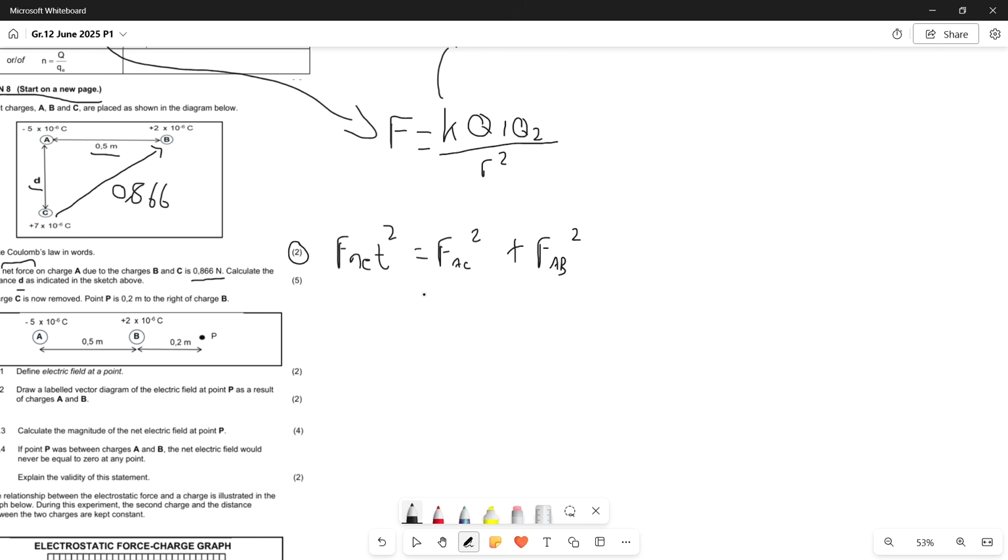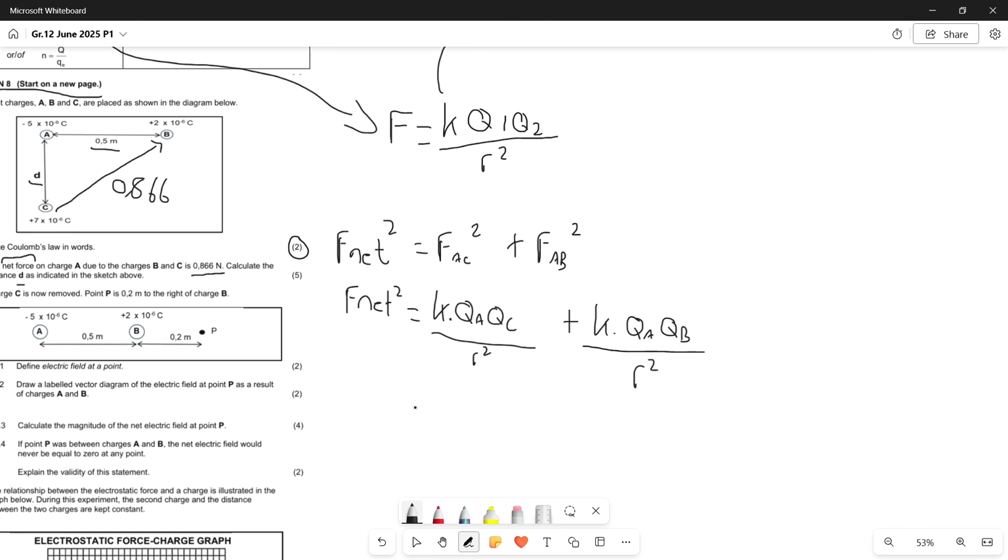We just need to write this formula in full because we get 1 mark for that. So we still have our F net squared, and then what we need to do is plug in these symbols here as far as K remains the same. And then for A and C, we have QA over here, and then we have QC over there, and then this is over R squared, and then we're going to add the same thing. We have K here, we have our Q of A, and we have our Q of B, and then this is also over R squared. And then now that we have this and just earned 1 mark,